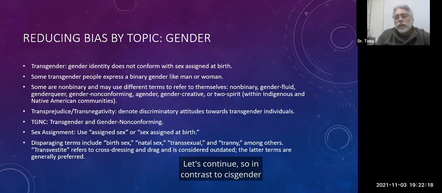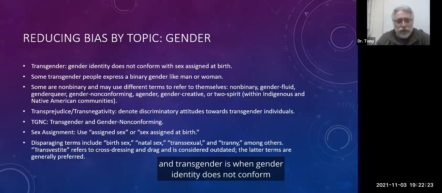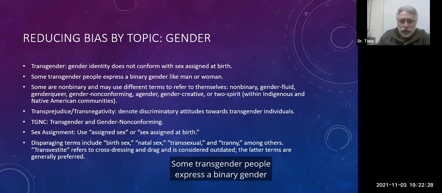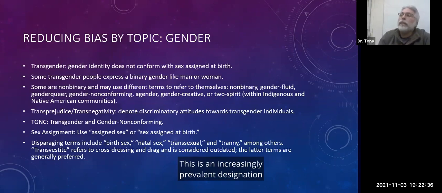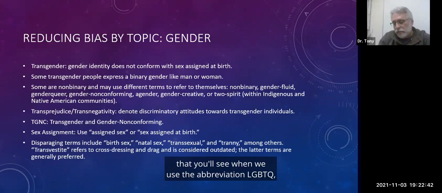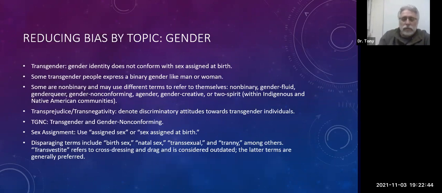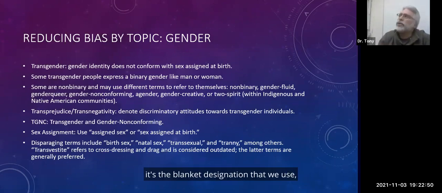Let's continue. In contrast to cisgender, transgender is when gender identity does not conform with the sex assigned at birth. Some transgender people express a binary gender, like man or woman. Some are non-binary. This is an increasingly prevalent designation that you'll see when we use the abbreviation LGBTQ, which is the blanket designation that we use: lesbian, gay, bisexual, transgender, and queer